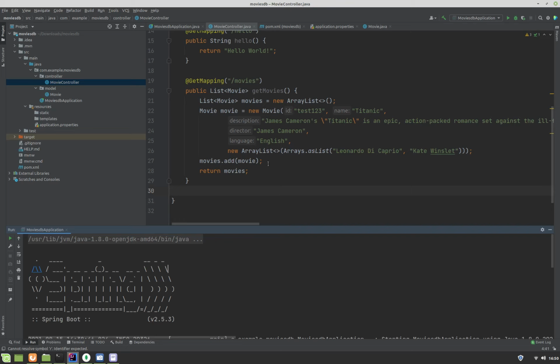Alright, now that we have our movies endpoint, the next step is to connect to the database and get details about each movie from the database instead of hardcoding things here in the application itself. In order to do that, first we'll make sure that our database, which is a MongoDB server, is up